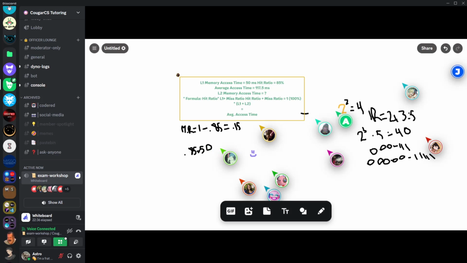Plus the miss ratio, which is 0.15, times L1 plus L2. L1 is 50, but we're going to call L2 X here. And this is all equal to our average access time, which is 117.5. So if we do everything here, we should get